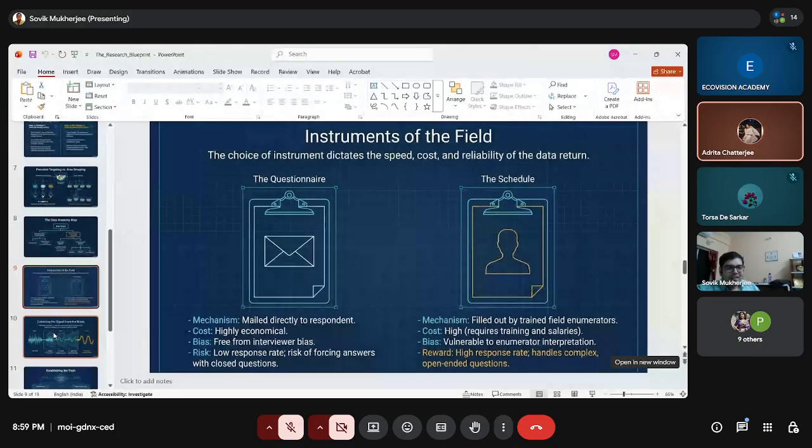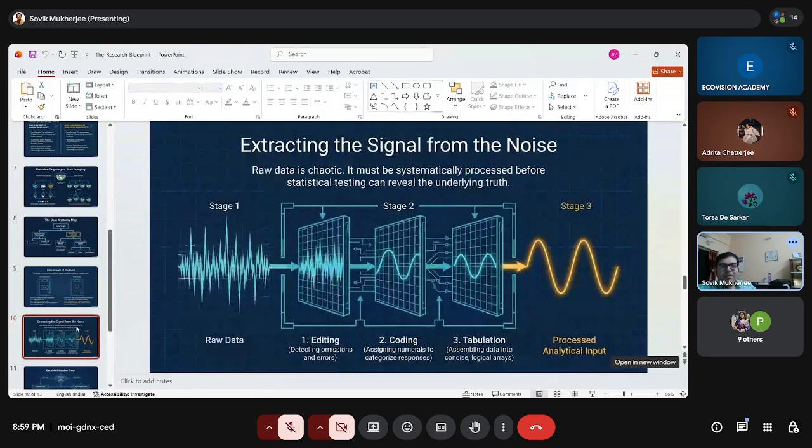Yes, sir. This is very kind of you; you will be well versed with this. One is a questionnaire and the other is a schedule. A schedule is not really very common these days. It's all about the questionnaire. A schedule requires more precision and more training to fill up, and is very complex. A questionnaire, anyone can fill it up.